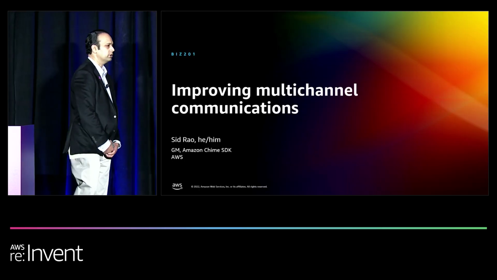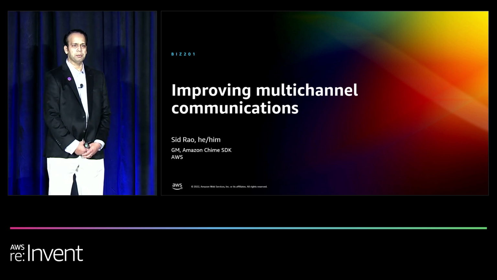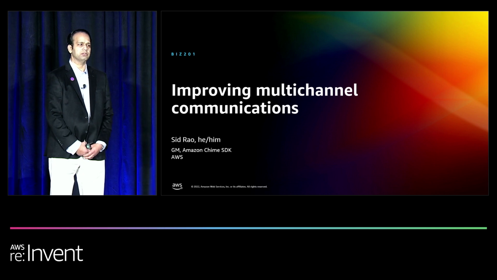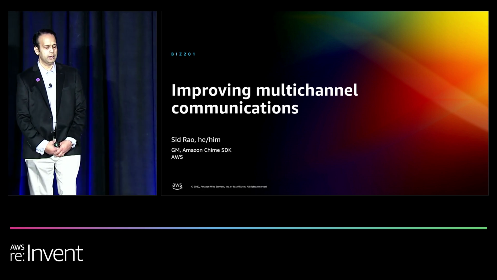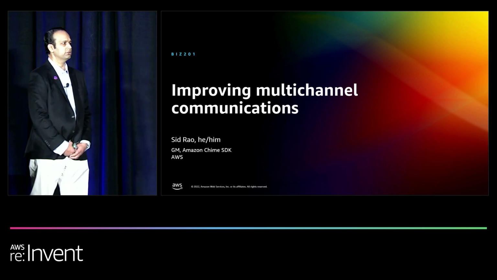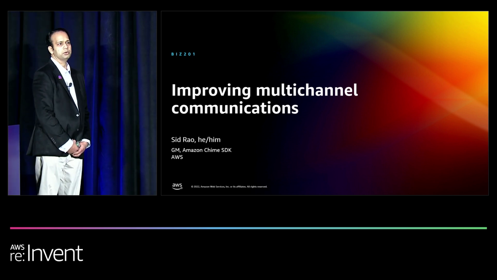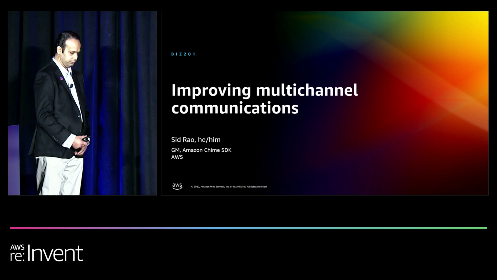Today we'll be talking about how to use multiple APIs and primitives from AWS to improve multi-channel communications and a number of different use cases and workloads for customers in terms of how they leverage these primitives to basically enable their apps, add communication capabilities to their apps, whether that's an email, a text message, a voice or video session, and also how to coordinate these sessions together to create customized customer experiences to improve customer service, improve user engagement, improve the sales process and other workflows within their business.